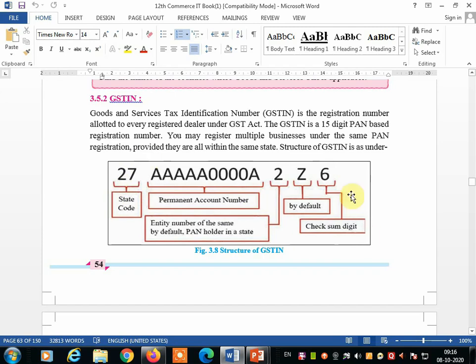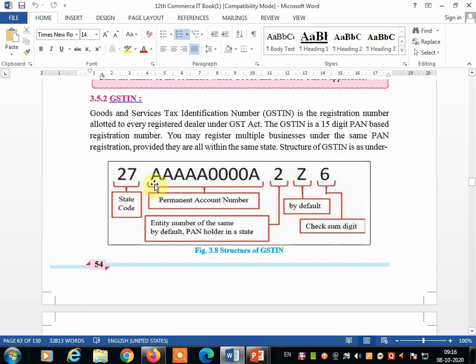This is the structure. The first number 27 shows the code of Maharashtra. This is the Maharashtra GSTIN number. So every state has a different GSTIN number. This is the Maharashtra state code, 27. The number shown first, followed by the permanent account number, is the state code.